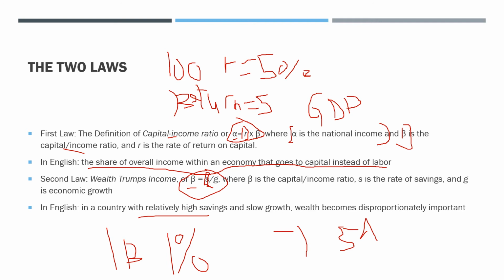So the idea would be that, intuitively, if a country saves a lot, or companies also save a lot, because companies can save money, not just individuals, and the country is growing at a not very fast rate, then wealth becomes increasingly important. Because wealth can accrue and can experience good capital gains or other kinds of gains, and then wealth becomes much more important to the economy overall.